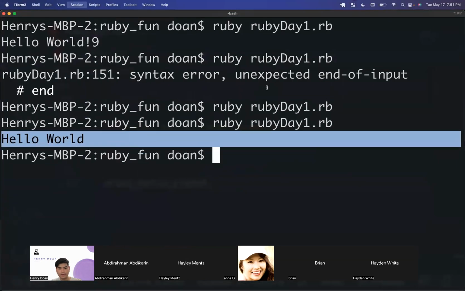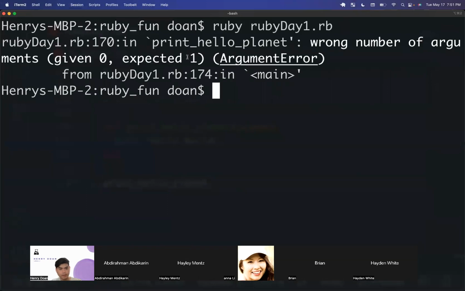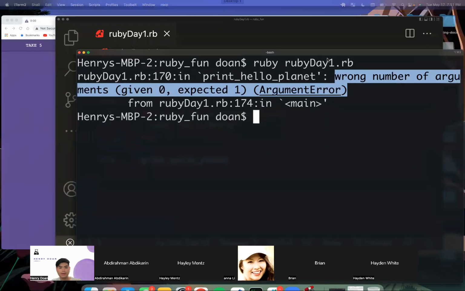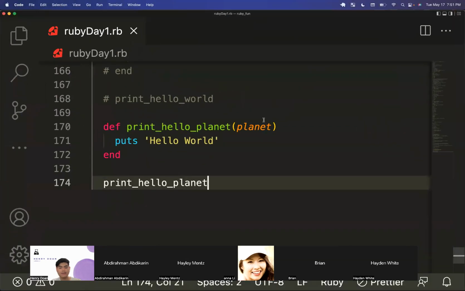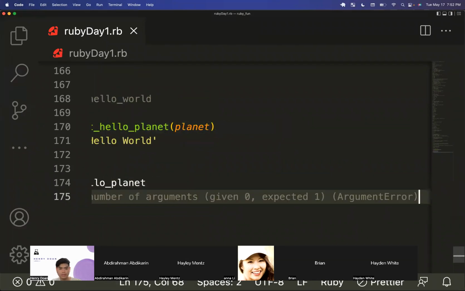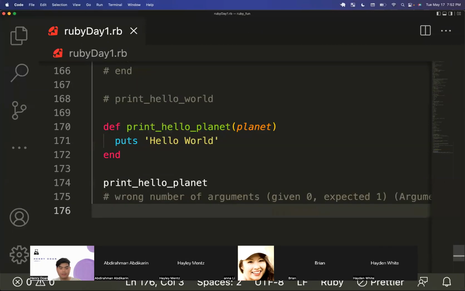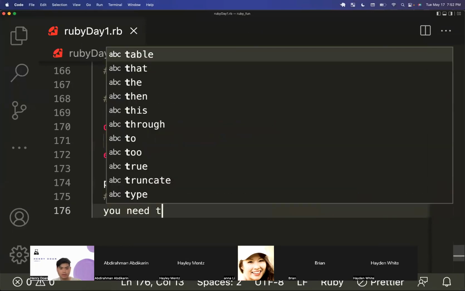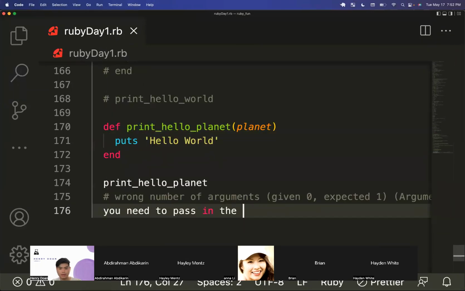Because if you call it by the name, you'll get this error. And what this error is that it's the wrong number of arguments. That means that you need to pass in the right amount of arguments or you pass in way too many arguments. So if you ever see this type of error, that means that you need to pass in the right amount or